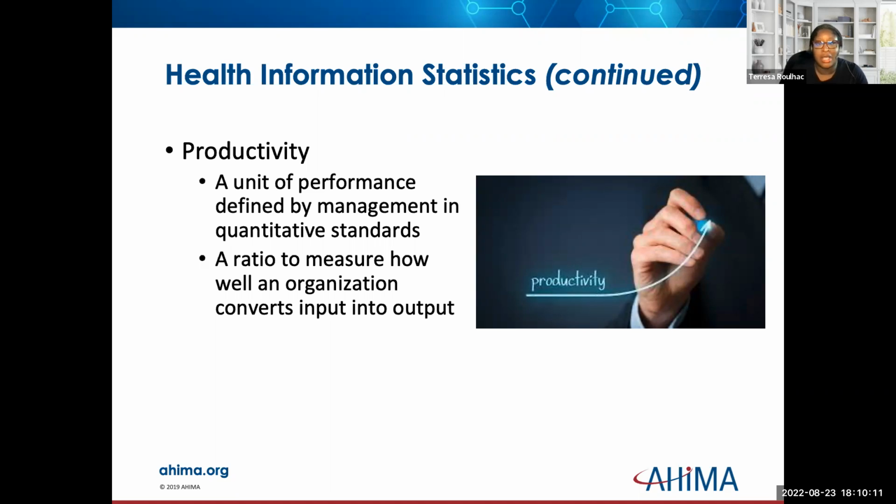A lot of things will influence different decisions, like tasks for coders, like abstracting. Maybe they have to answer the phone. Maybe there's additional information that's needed before they can even finish the task. Then you have your types of records coded. Long LOSs, or maybe there's a difficult clinical case that they have to work on. These are going to be some of the things you have to take into account as you're looking at productivity.